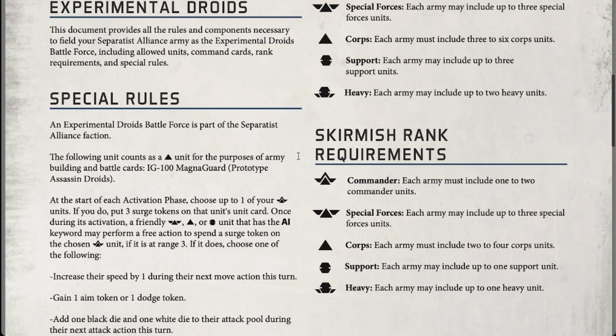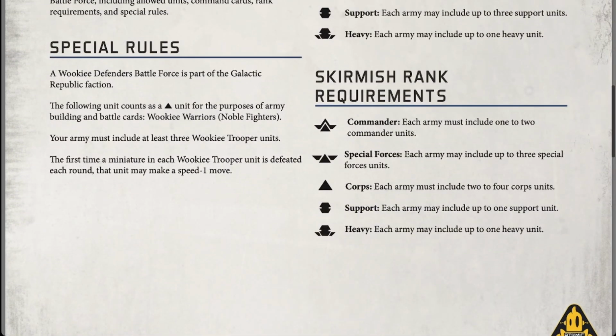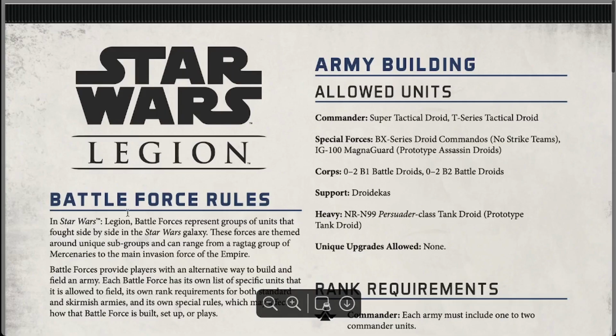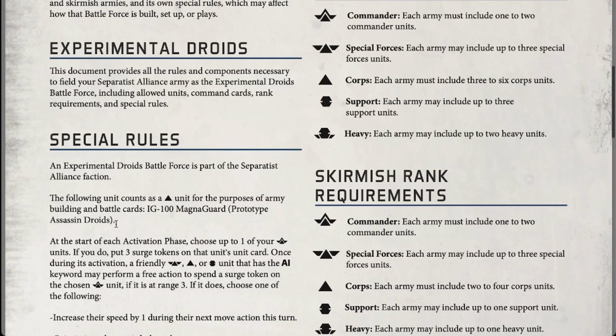This is basically the same exact wording as the Wookiee Noble Fighters. So essentially, this is also going to be a melee skew list. Now, one important thing to note, and this is the same wording as the Wookiees: for the purpose of army building and battle cards means that they're still technically special forces units for the purposes of command cards and order pool. So if you do use melee Wooks in your list, or in this list, IG-100 Magna Guard prototype assassin droids,